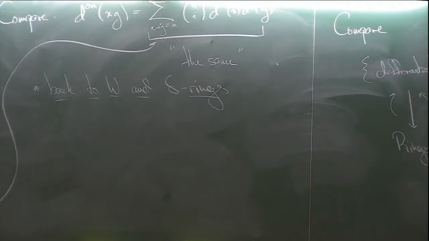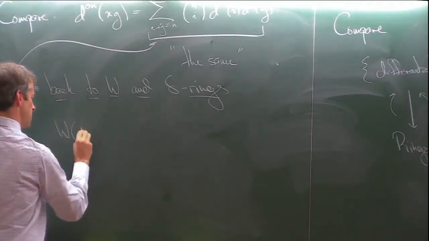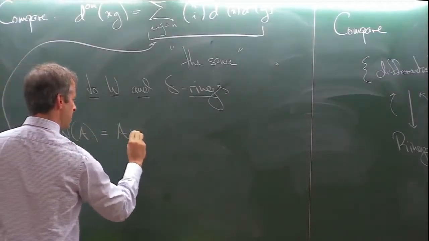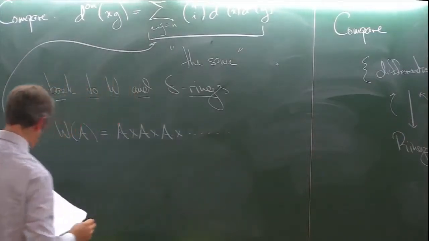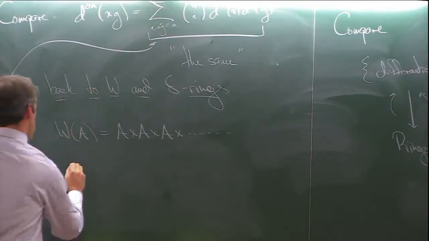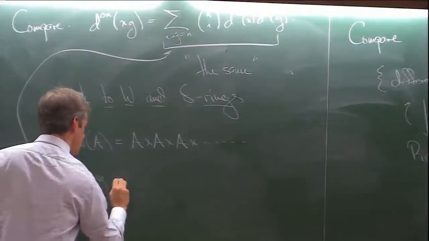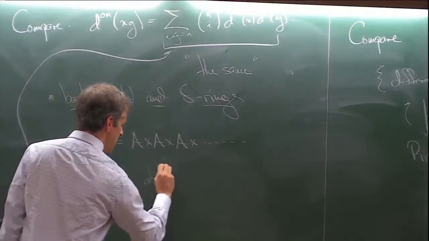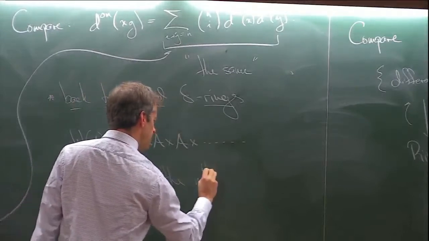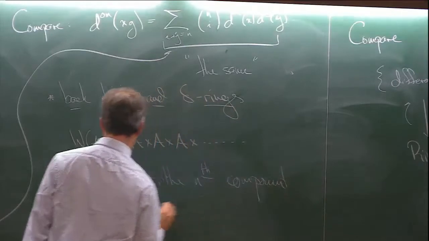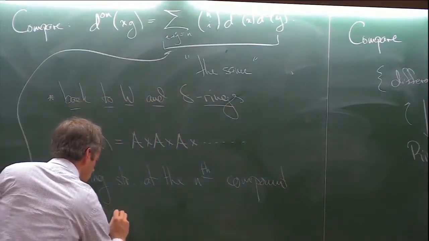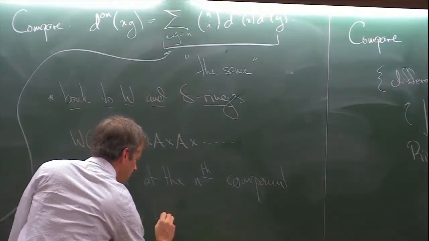So we do the same thing. W of A is an infinite product, with the ring structure at the nth component given by the Leibniz rules